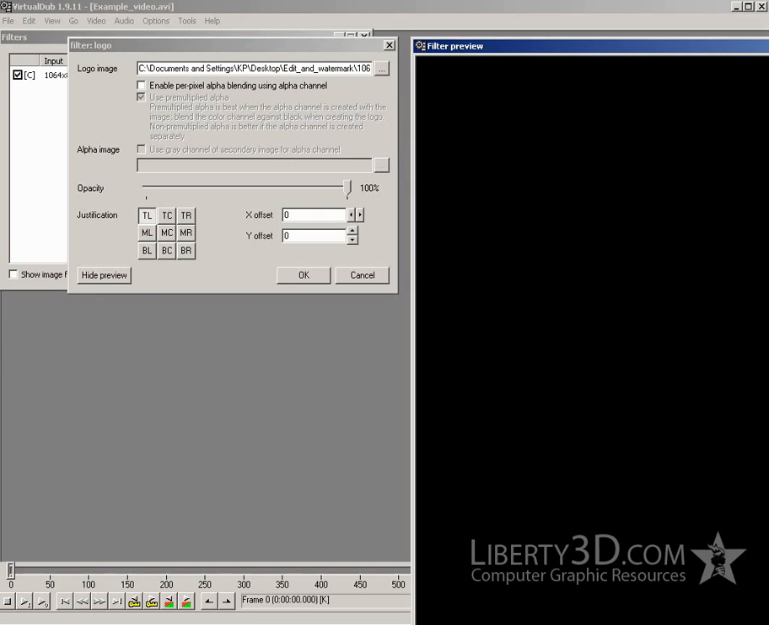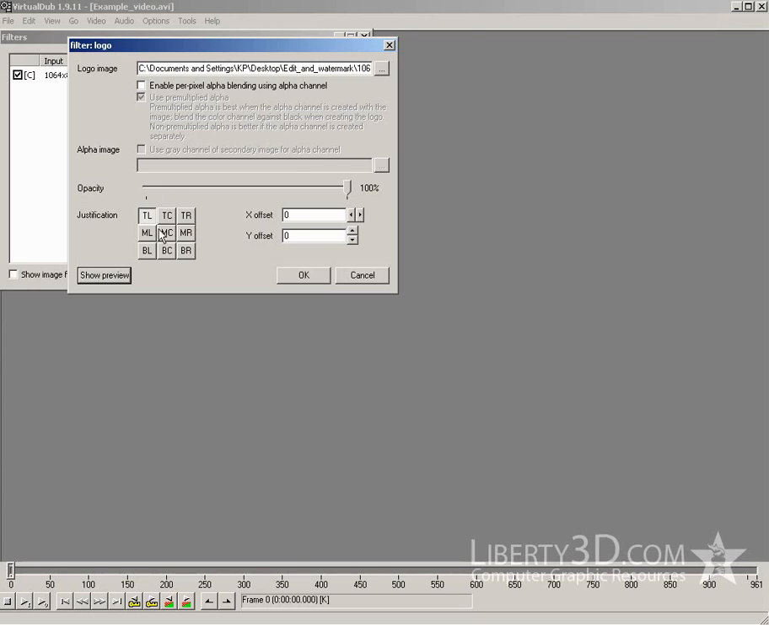Okay, we'll bring that up so you can see. And there we go, we've got our little Liberty 3D logo in there. Okay, we can say where we want it. Okay, top left, top right. Now this is automatically made to be the right scale for these video recordings, so I can leave it as